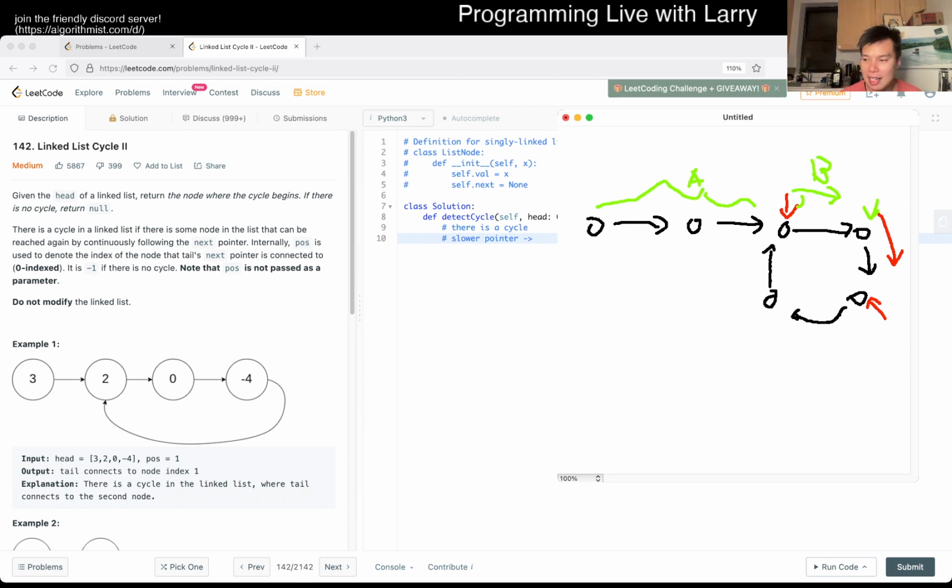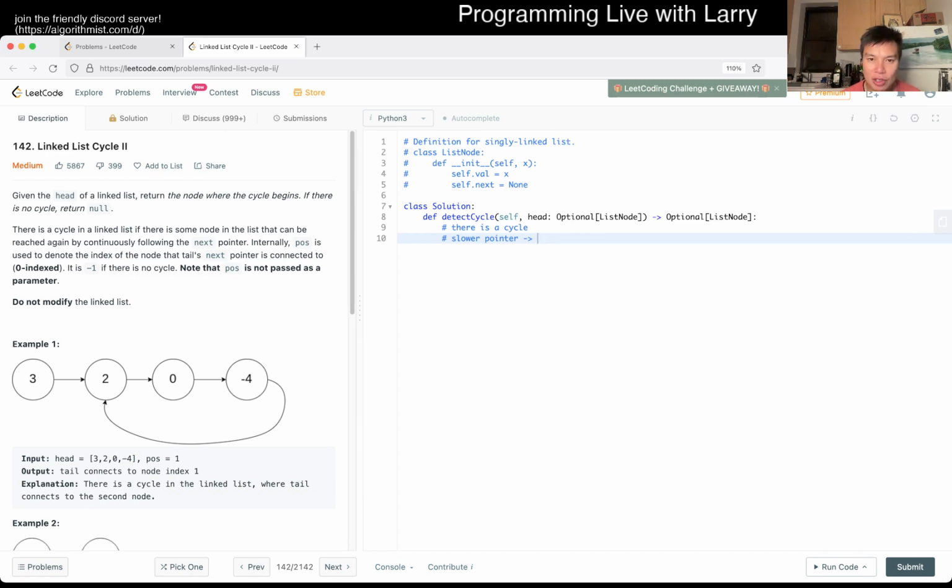Then here we can try to figure out the formulas, is what I was going to say. Let's see if we can do that. So the slow pointer would move A plus B, just by definition. In this case, I think one observation to note here is that